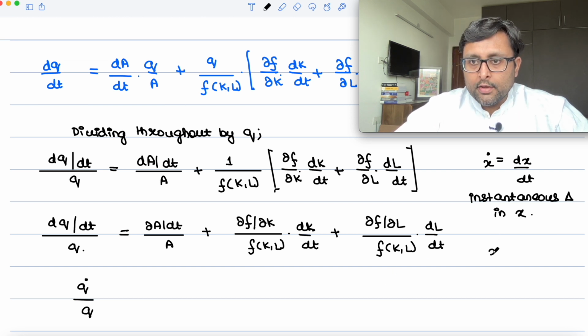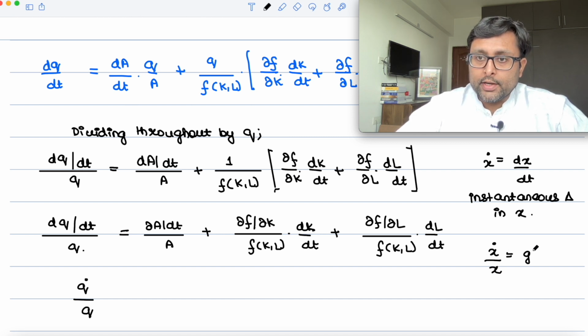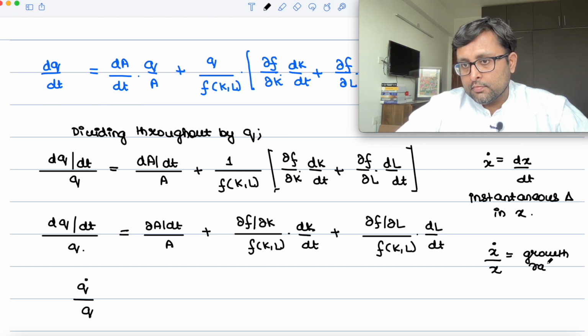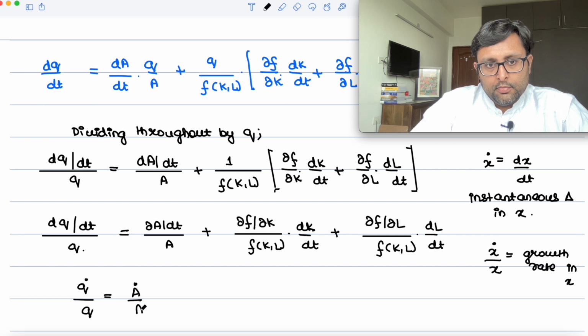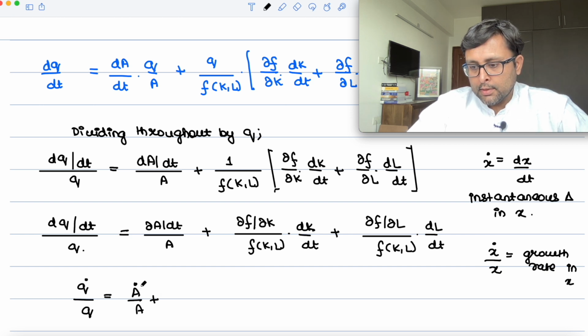And when you write x dot by x, that is the proportional change in x or growth rate in x, right? So it is q dot by q. dA by dt is what? A dot by A plus